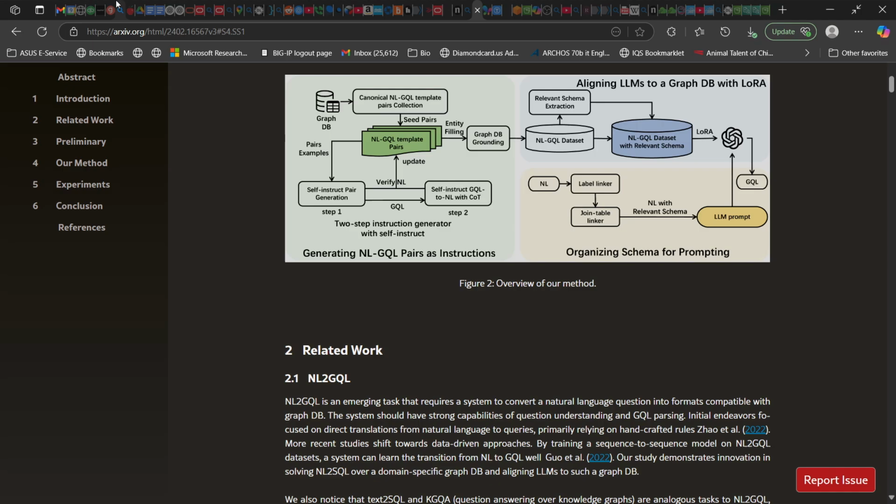Eneko Agirre, Ilana Heintz, and Dan Roth. 2023. Recent advances in natural language processing via large pre-trained language models. A survey. ACM Computing Surveys, 56(2), 1-40. Modarressi et al. 2023. Ali Modarressi, Ayyoob Imani, Mohsen Fayyaz, and Hinrich Schütze. 2023. RET-LLM. Towards a general read-write memory for large language models. arXiv preprint,